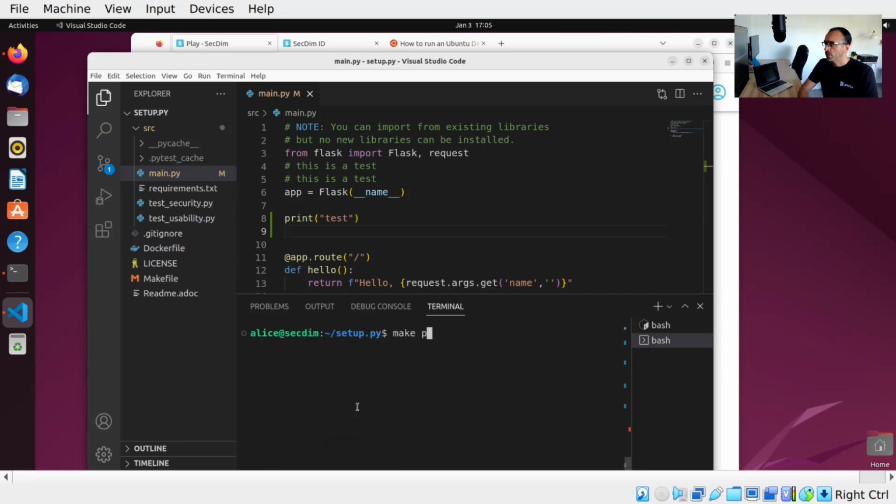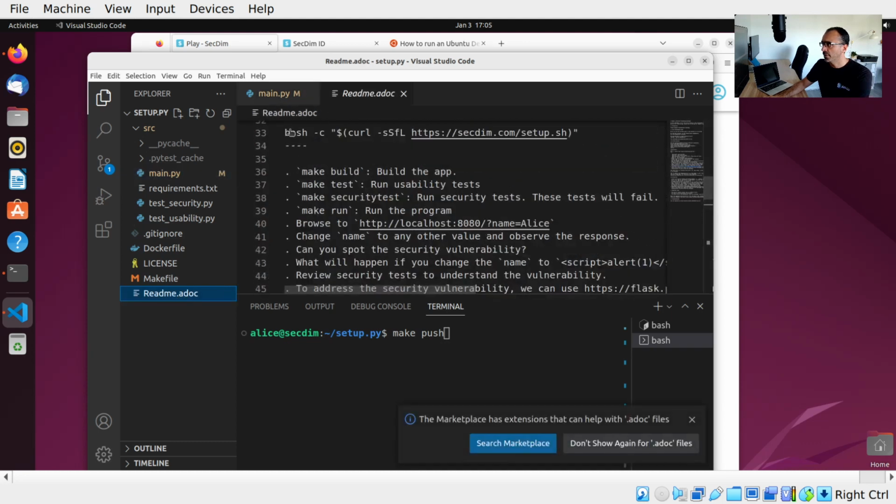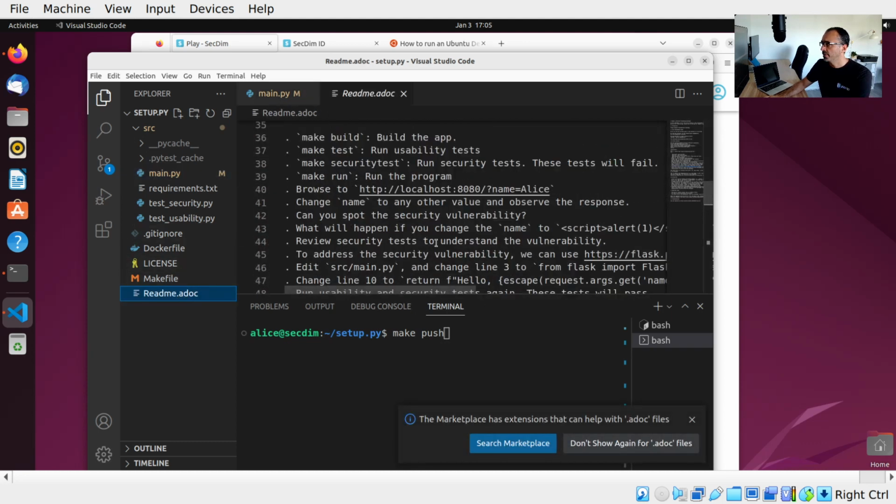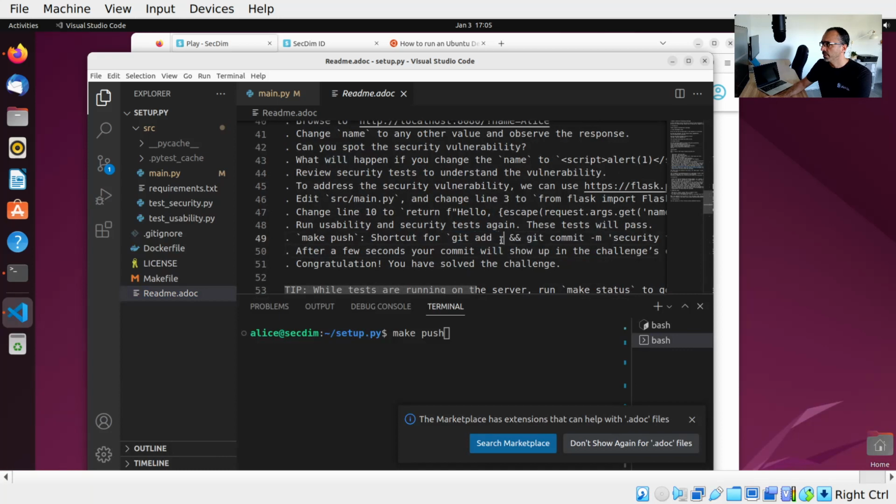Another command is called make push. This will git add, git commit, and git push the changes to the remote repository. You can either run make push, or you can just manually type in git add, git commit, and git push. An example of it has been given to you inside the readme.md, and here you can see what this command does. Now if you hit make push,